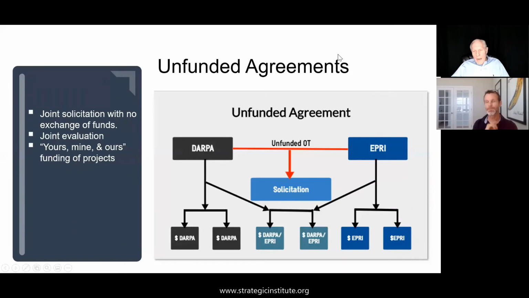So the idea of an unfunded agreement is sort of anathema in the procurement system, because the procurement system is all about using appropriated funds to purchase goods and services. Well, we're typically in a research and development mode. We're not purchasing goods and services. We're trying to acquire knowledge and move the state of the art forward. In this particular example, DARPA partnered with the Electric Power Research Institute at a time when DoD was interested in high performance electric switching for things like the potential of an all-electric tank,